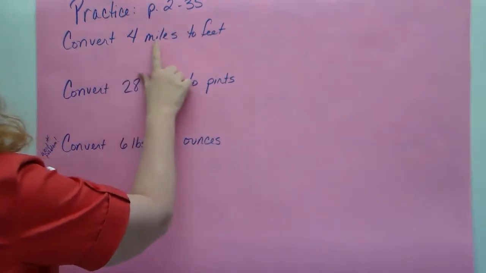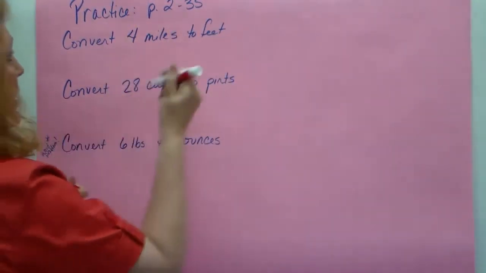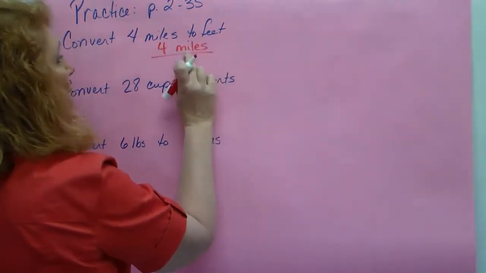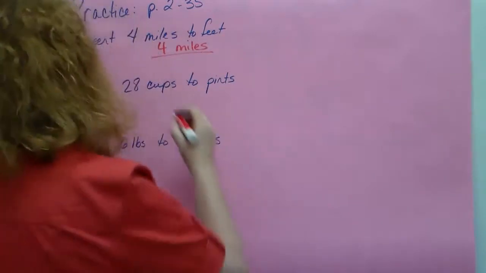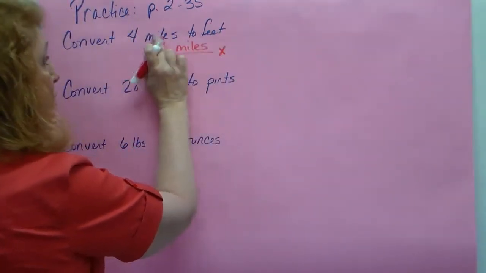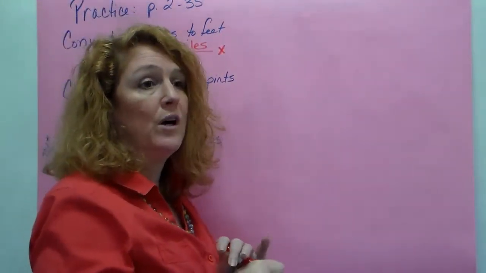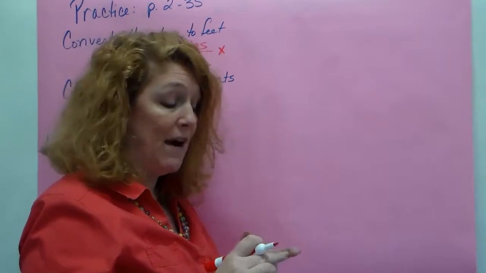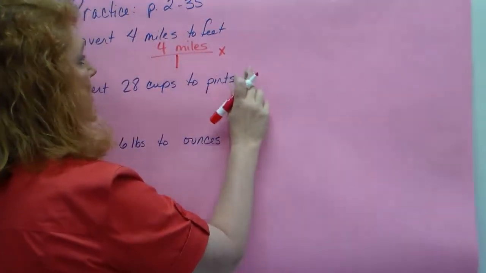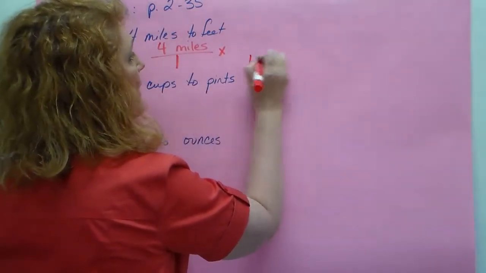I'm going to convert 4 miles to feet. So I'm going to start with what I'm given. I'm going to put 4 miles, and notice I'm putting 4 miles, not just 4, over 1. And I'm going to multiply this. Now I need to know the conversion, the unit fraction for miles and feet. I know there are 5,280 feet in a mile. The question is, do I put miles on top or miles on bottom? I want to put miles on bottom. 1 mile is